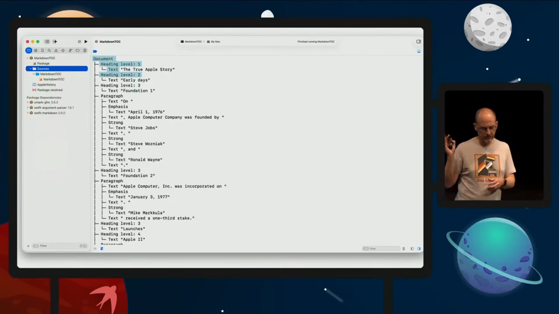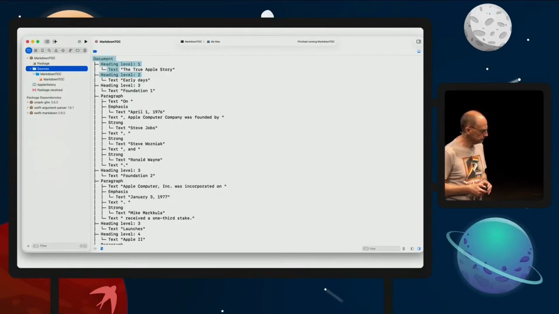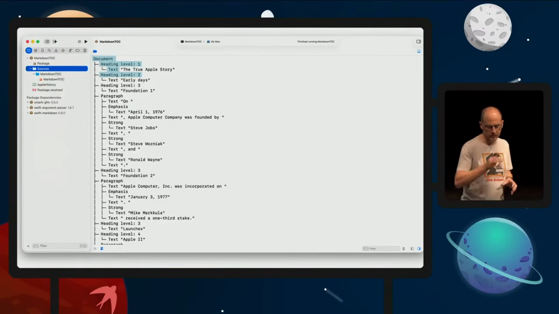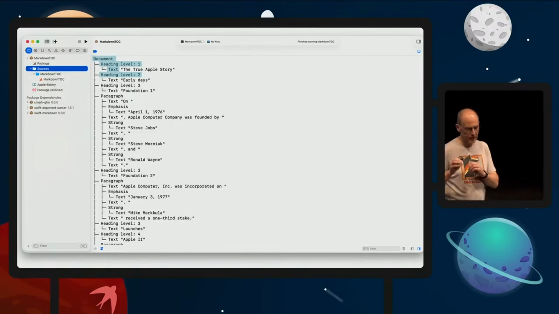Okay, so once we have the tree of markup elements, there are methods or functions to search through the tree, etc. But usually what you want to do is walk through the whole tree. And there is a pattern to do that. It's the visitor pattern, which the package provides. And so the visitor pattern typically allows you to separate the algorithm used to traverse the data structure from the logic that you apply to each node.